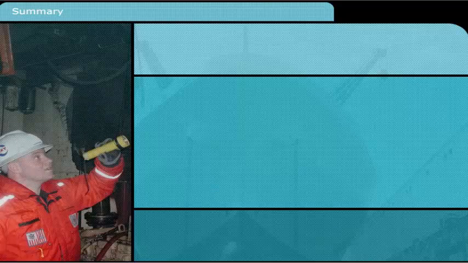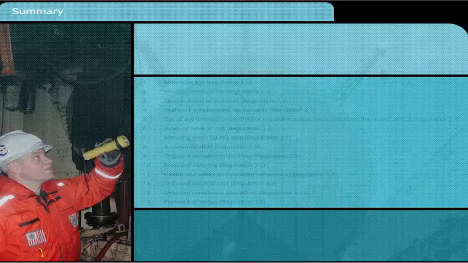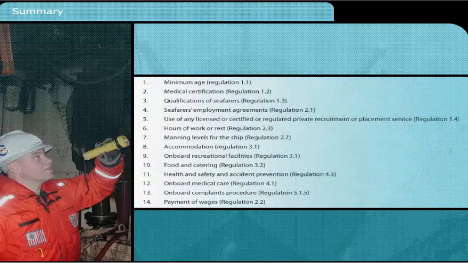In this lesson, we have considered the requirements for compliance with MLC 2006 with respect to the inspections that may be carried out by external authorities, and in particular, Port State Control officers. We have considered in some detail the 14 areas and the associated regulations that are mandatory requirements for inspection and certification. In the next lesson, we will look at the types of evidence relating to these 14 areas which will be required in order to demonstrate compliance during Port State Control inspections. Before moving on to the next lesson,